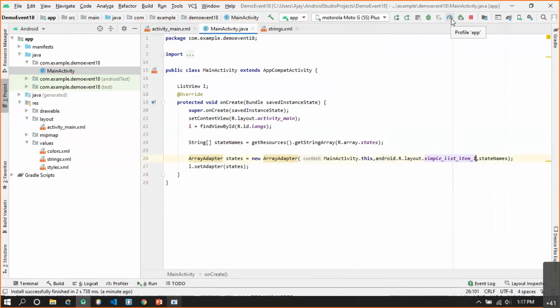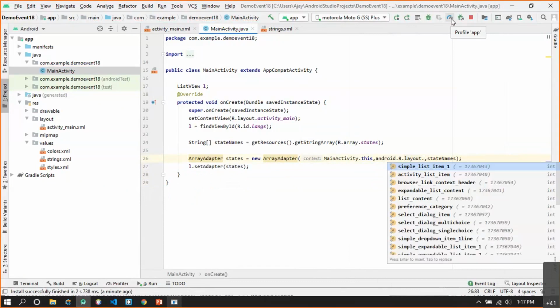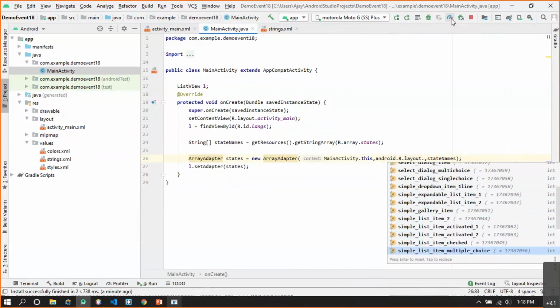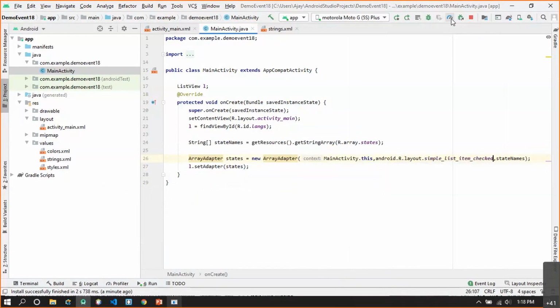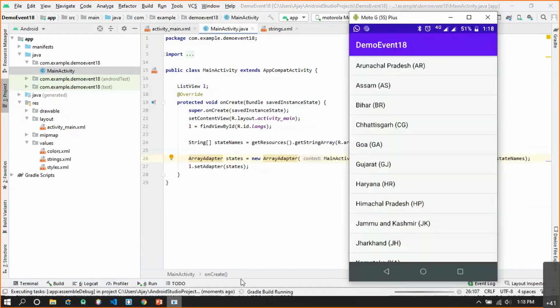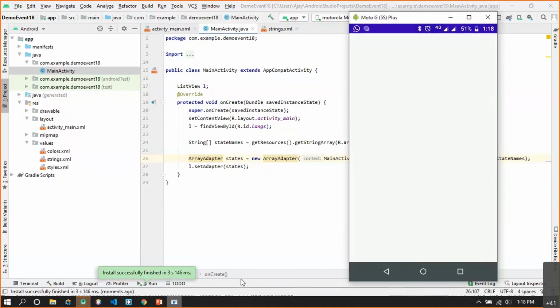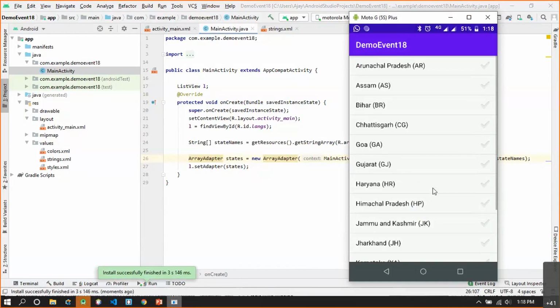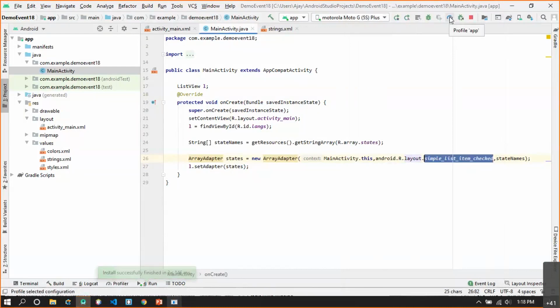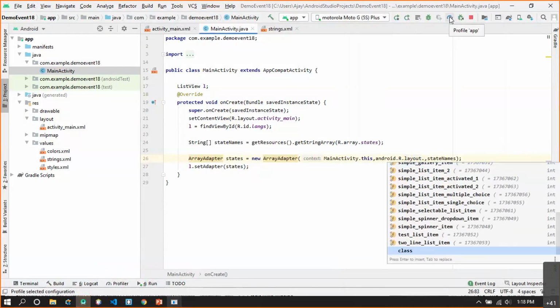Okay, now let's see which other options are available. So let's say android.R.layout, and let's use another layout, simple list item checked. Instead of simple list item 1, we'll use simple list item checked, and let's see what difference is shown in the list when I select this layout. Now as you can see, it simply displays checkboxes in front of the items. Let's observe what other options we have.